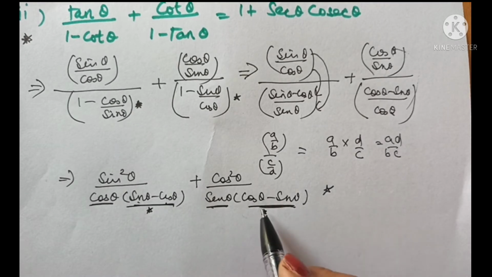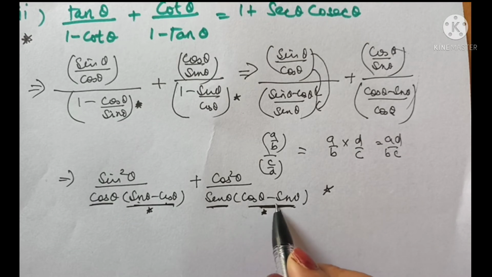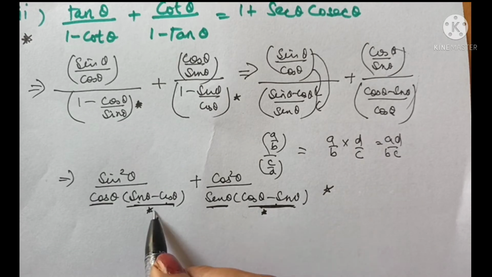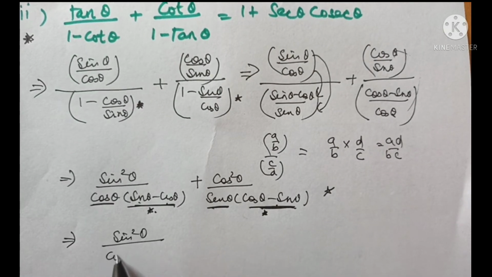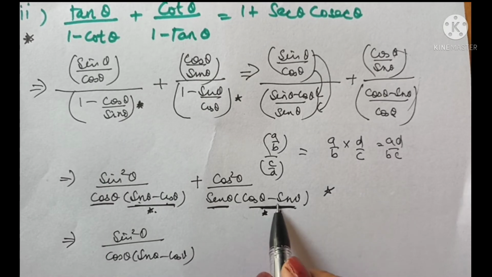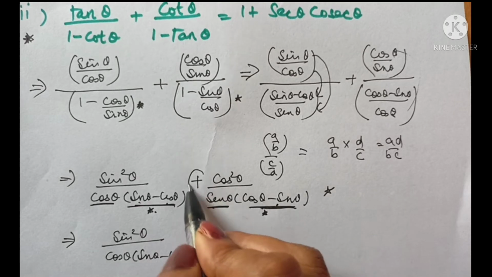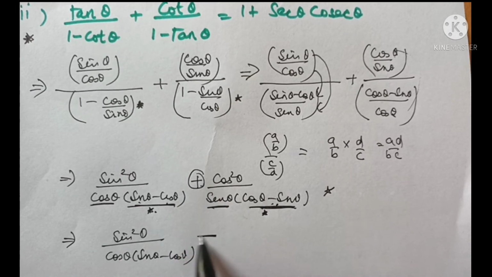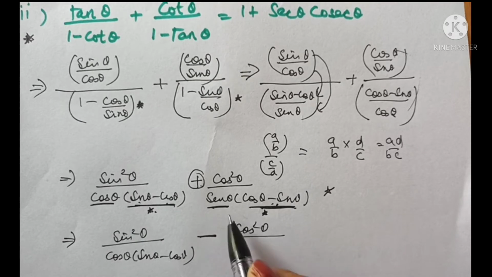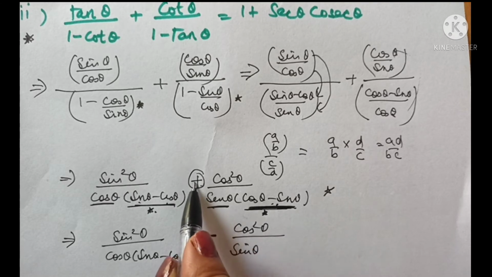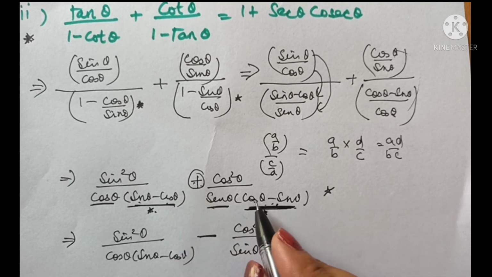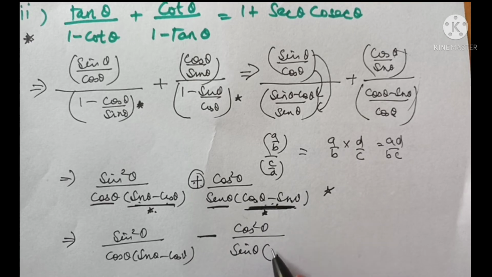So what I do is, I take minus common and convert cos theta minus sine theta to sine theta minus cos theta. See this step, how it goes. I write the first term as it is, no change. In the second term, I take minus common, and with this plus when I multiply minus, I get minus. Numerator as it is, sine theta as it is. Now since the negative which I have taken common has been multiplied with this plus, cos becomes negative, sine becomes positive. So I can write it as sine theta minus cos theta.